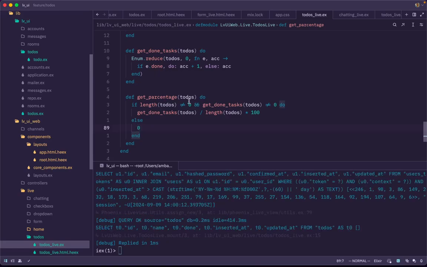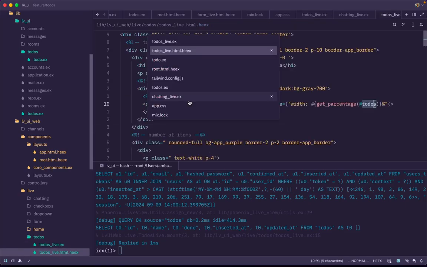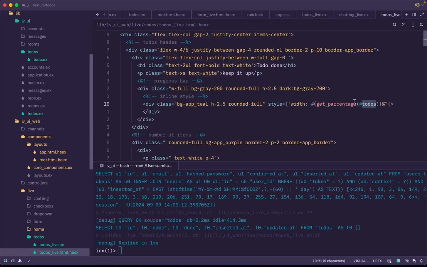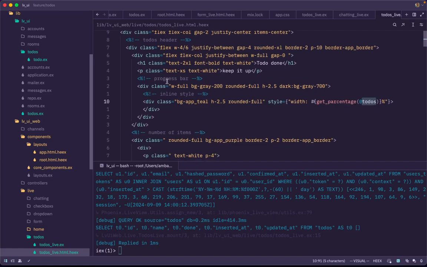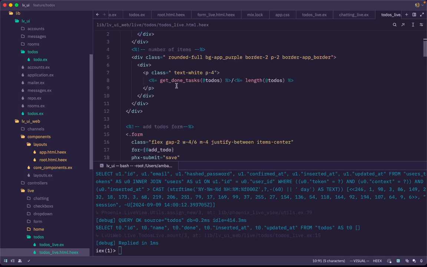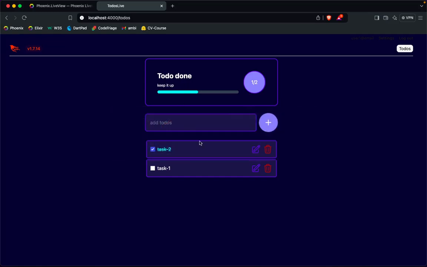Yeah, so this function is used in here. So get percentage to show the progress bar, and also here the total length of the to-do list, and done tasks. Yeah, I think I have explained everything, and there is one more catch in the UI. If you see, this is a darkish background, and here there is text hidden because of the color, so I am not worrying about that. So this is just